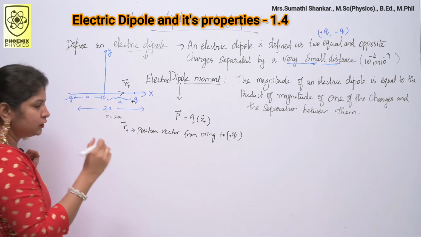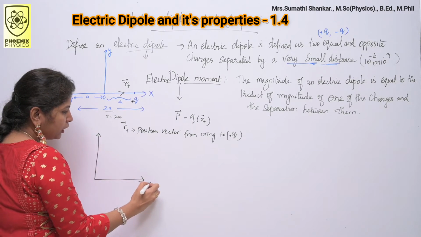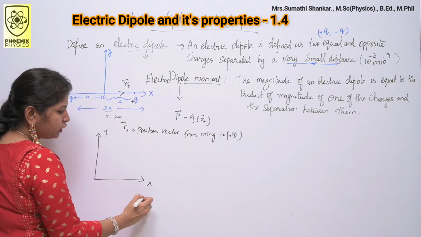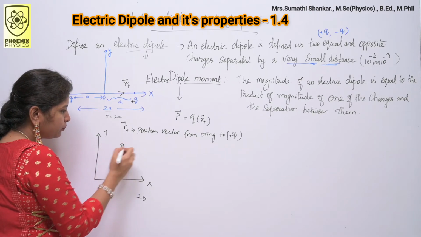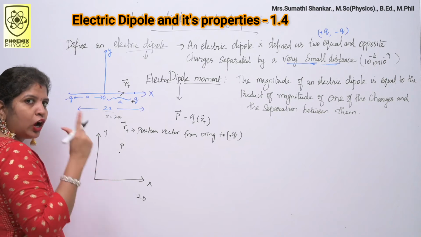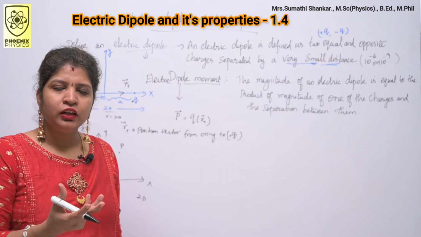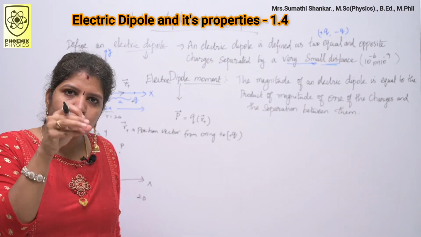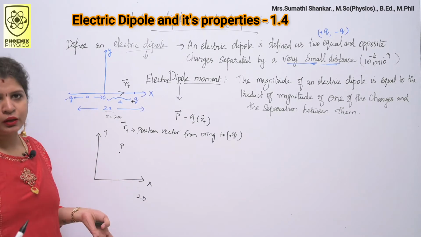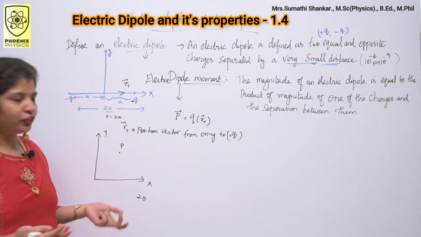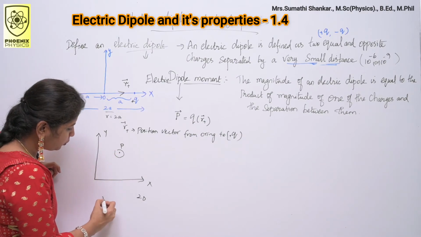You have already learnt this concept, position vector, in your 11th standard itself. Consider xy plane. This is nothing but a two-dimensional plane. Suppose I want to find out the point P in a two-dimensional plane, how do you represent the position vector? Actually, what is position vector? If you want to find out the position of the object in a given plane, whether it is two-dimensional or three-dimensional, at any instant of time, that is known as position vector. Here I have xy plane. So how do you mark the position vector?